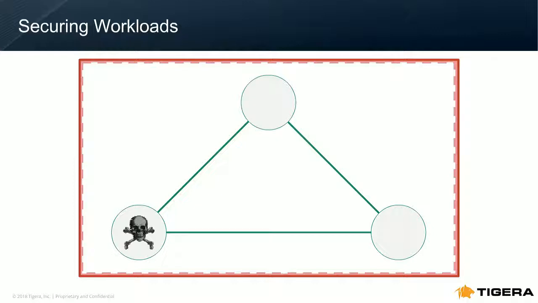This is also why very early medieval castles only had a wall and a moat, and pretty soon they started adding baileys and inner walls and outer walls and towers and dungeons, because having a single perimeter is not going to stop the attack once it gets in. So as a general rule, putting a cordon sanitaire or a perimeter firewall around things and calling it done is probably not the right answer. Not saying that perimeter firewalls aren't useful, they're just not sufficient.